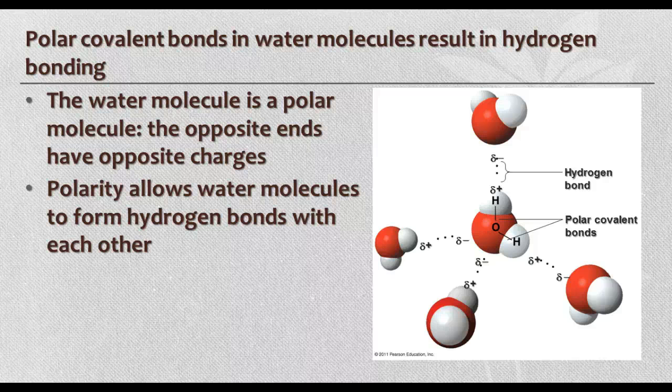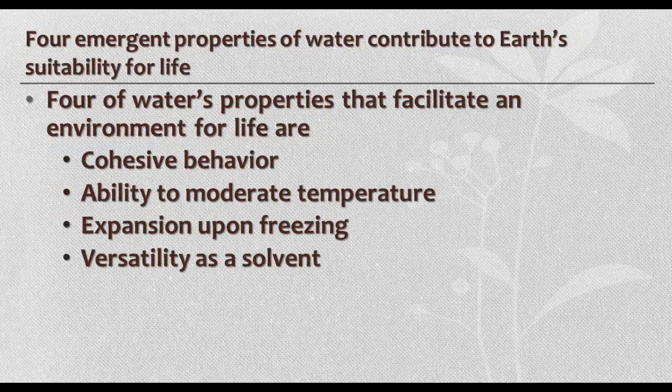So there's a concentration of negative charge at the oxygen end relative to the hydrogen ends, and that makes the bonds in the molecule polar, and that lends the water the ability to form hydrogen bonds